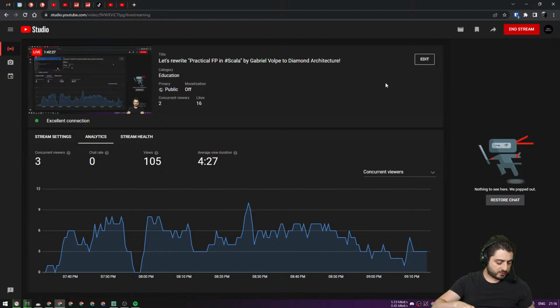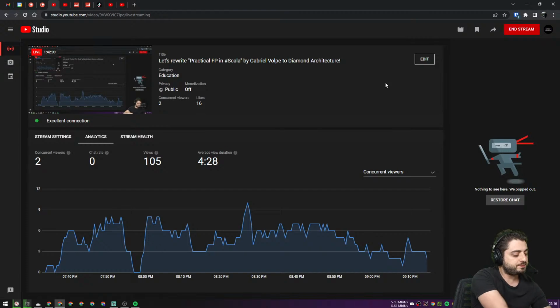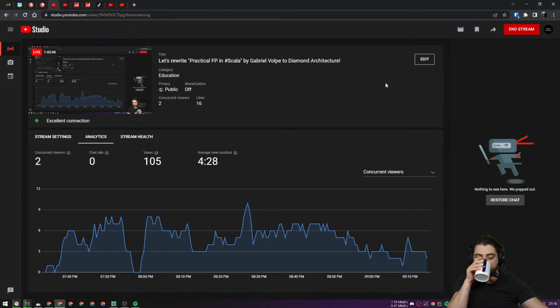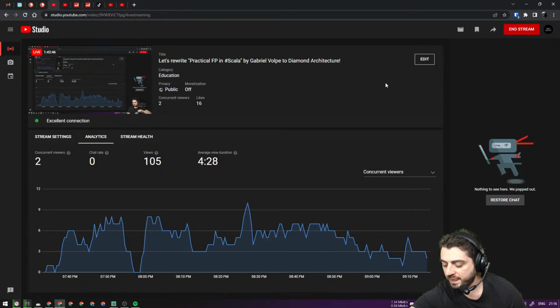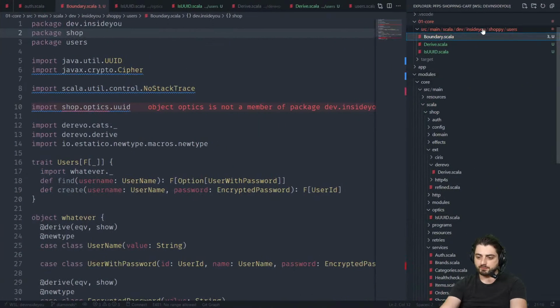So we have a poll. Are we going to call it Shoppy? Was it 1P or 2Ps? And by the way, we're almost done for today. So Shoppy was 1P or was 2Ps? All right, let's see. 2Ps. There we go. Okay, I'm actually going to leave it like this. Okay, Shoppy. Cool. So we're going to go with